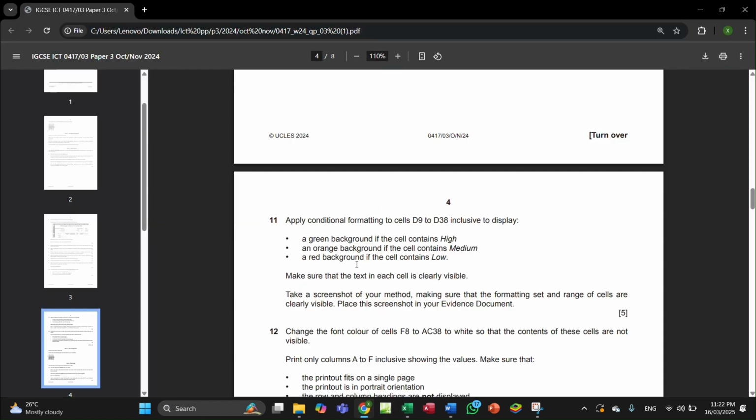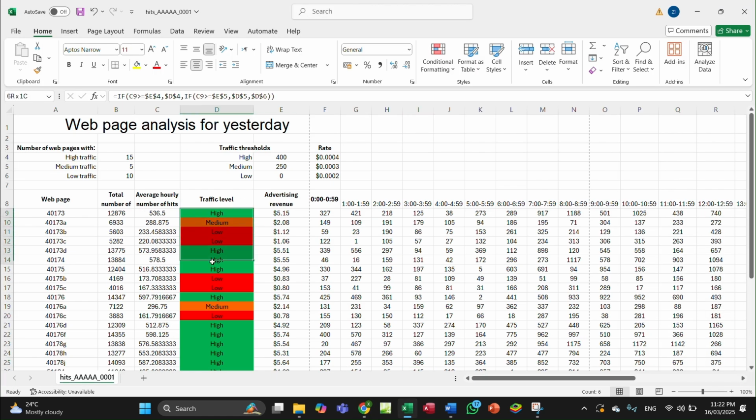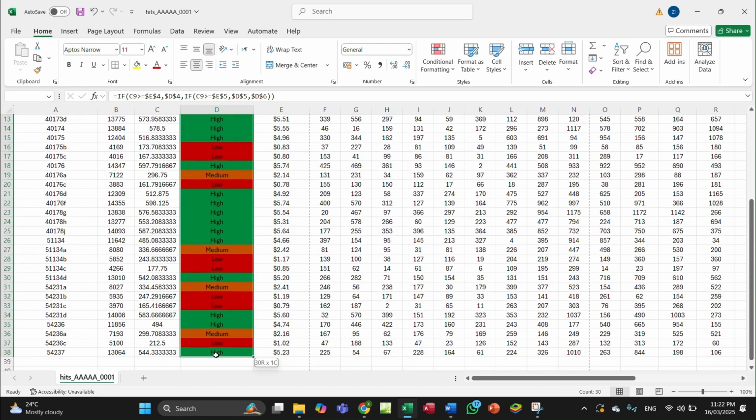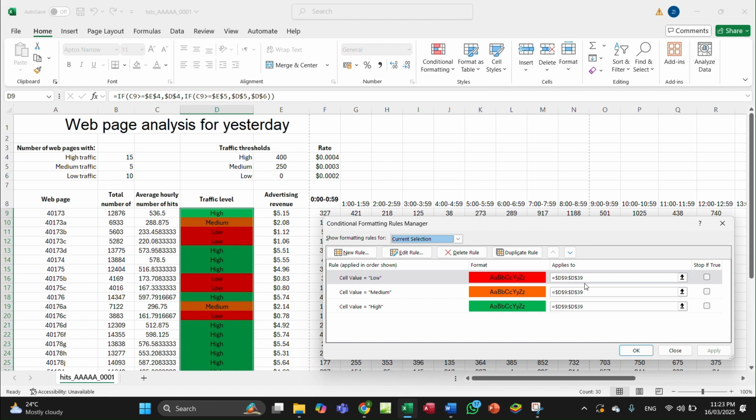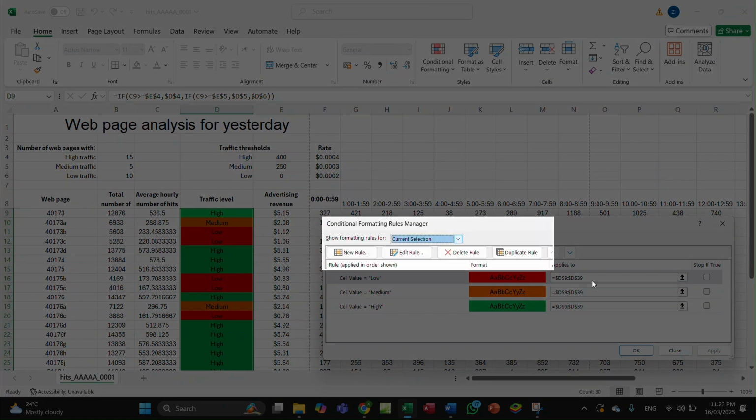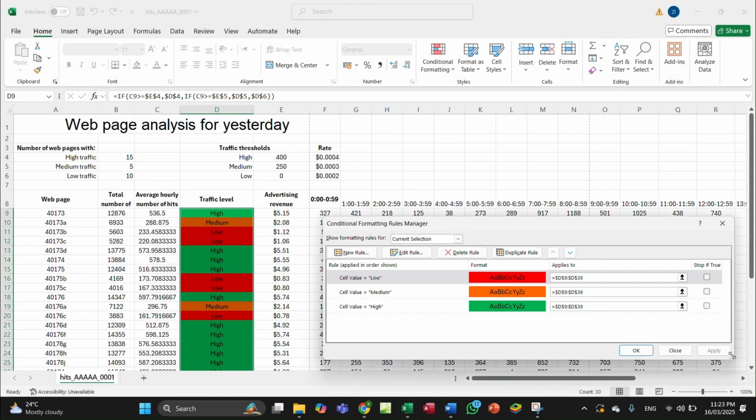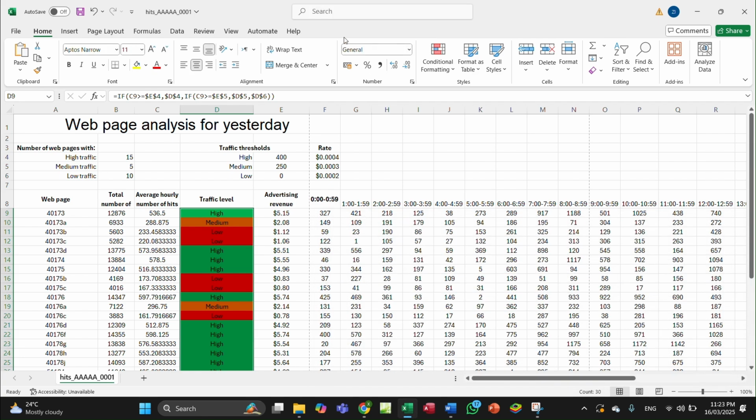Now take a screenshot of your method, making sure that the formatting set and range of cells are clearly visible. Okay, so just select it like this again, then go to conditional formatting, manage rules. Here the range of cells is visible, the formatting is visible, so just take a screenshot like this. Okay, yes, so